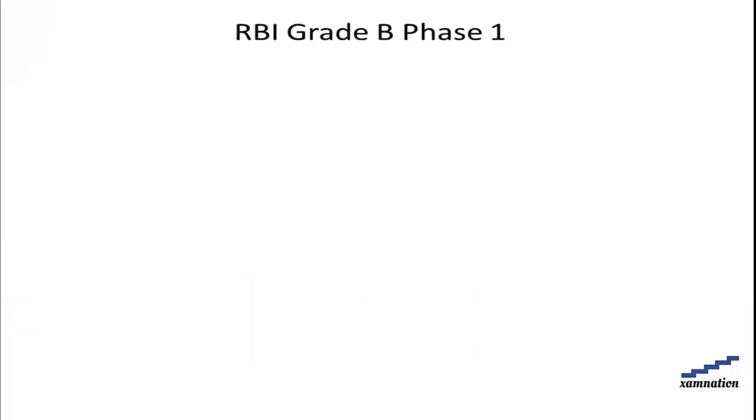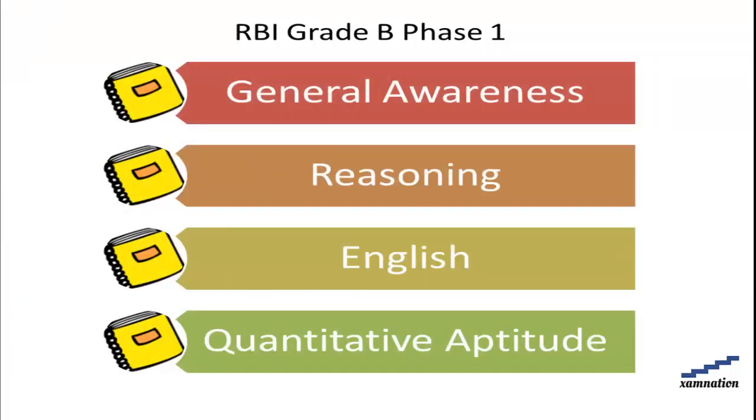So before we start with the list, let's see the exam pattern or the syllabus. The RBI Grade B paper is divided into two phases. First one is phase 1, which has general awareness, reasoning, English and quantitative aptitude subjects. This is a 2 hour paper, and it has around 200 questions. Out of that, 80 are from general awareness, 60 are from reasoning and 30 each from English and quant